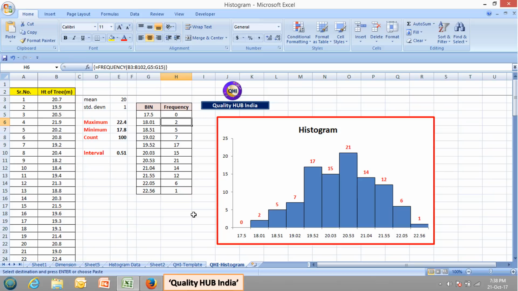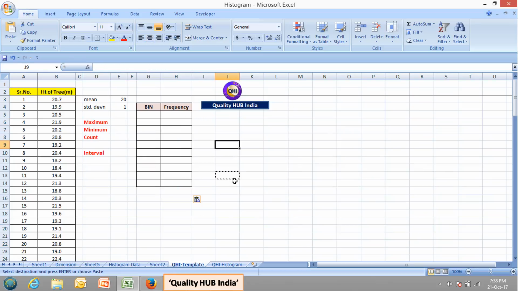So friends, let's start the process step by step so that you can understand how to create this histogram in an Excel sheet. I've kept a blank template ready for you. For preparing the histogram, you should have this data ready with you. The first step would be to create this bin value, that is class intervals, and to identify the frequencies of these class intervals. For that we will require some background data. We need to identify the maximum value of the total observations, the minimum value, and we need to find the class intervals also.